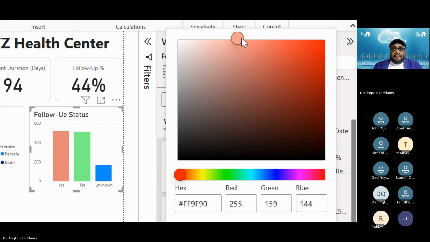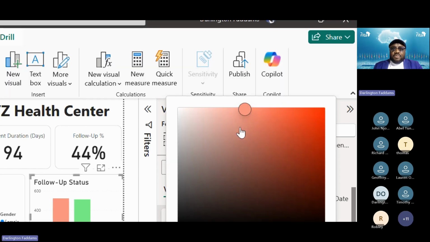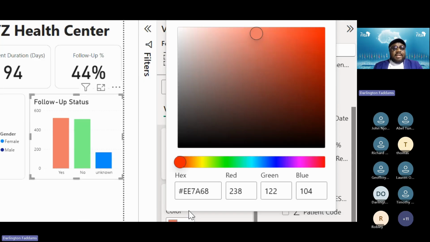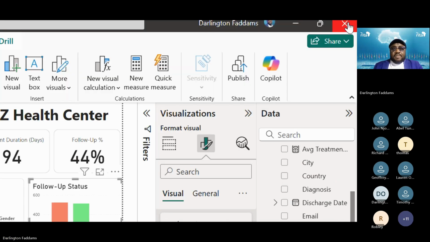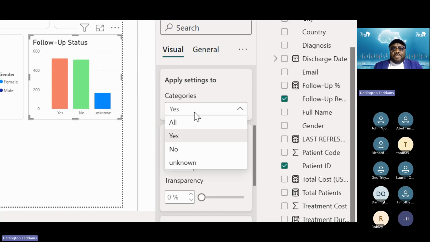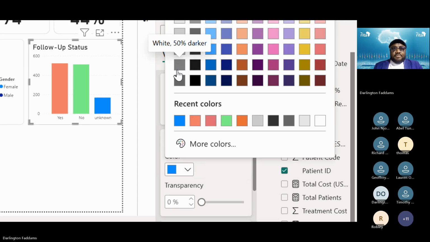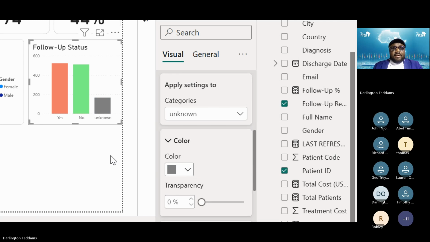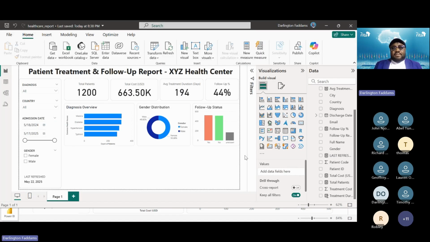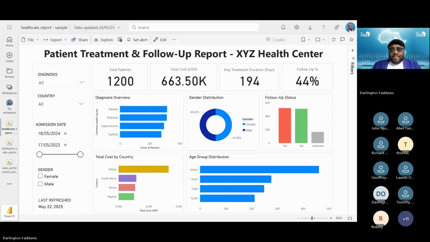Right here. Okay, so I'm just choosing a color at random. And for the unknowns, I will just give it color gray. All right, so this is fine. So you can fix yours as well. And I'm left with just two visualizations, two visuals, and we are done. So we have